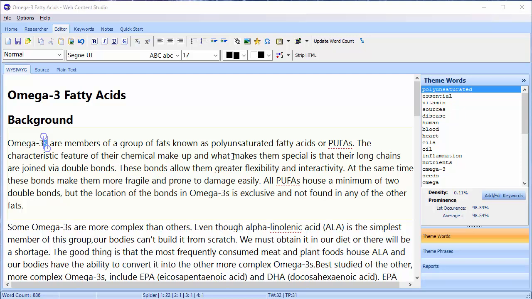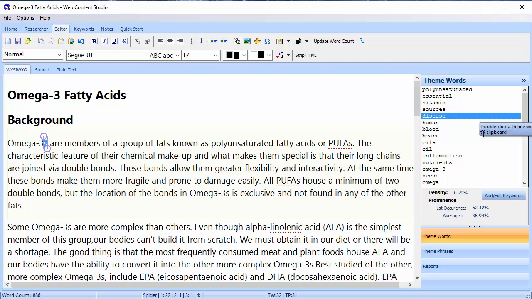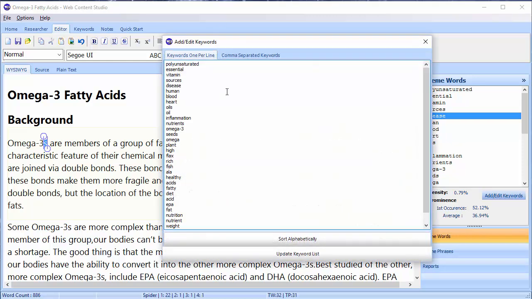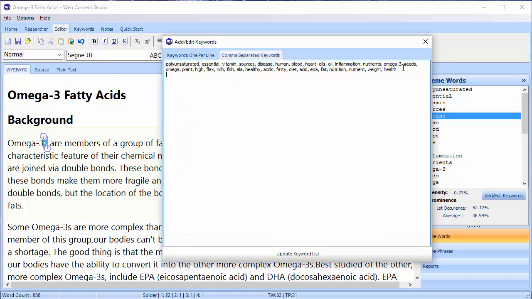In this tutorial, I want to move my attention over to the theme word section on the editor tab. And these are the theme words that we chose using the keyword spider. You can actually go in and manually edit the keywords or add new ones by clicking on the Add Edit Keyword button. And there's actually two tabs. One is one keyword per line, and the other is comma separated,